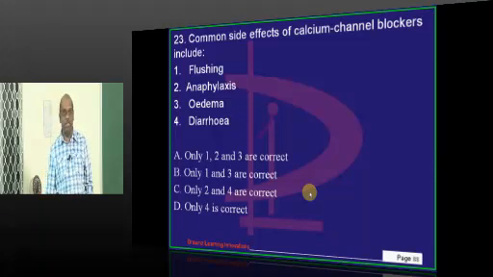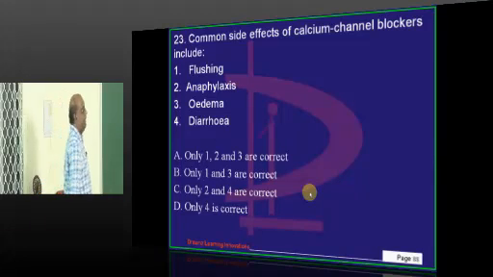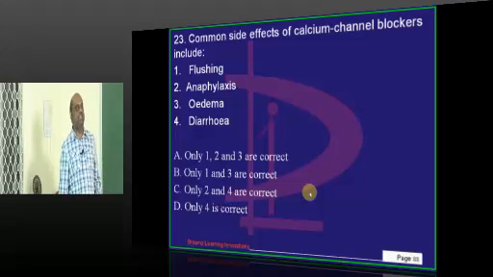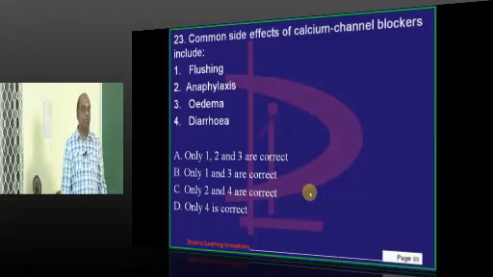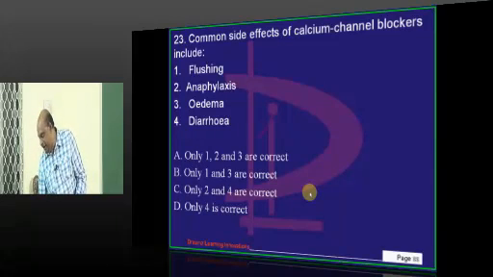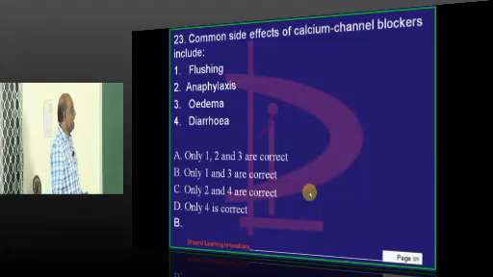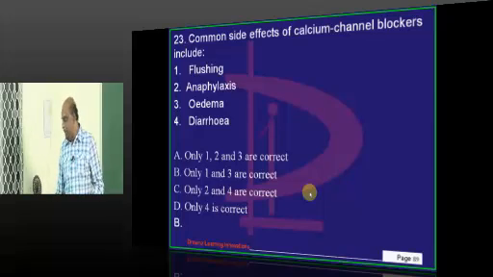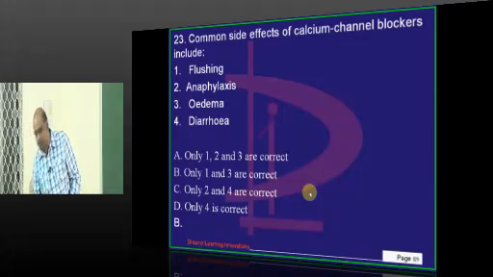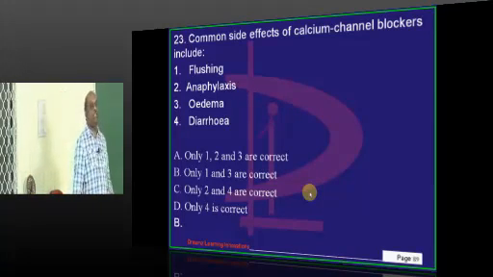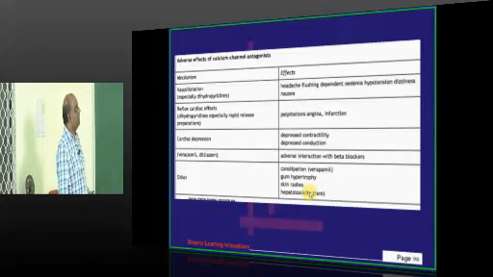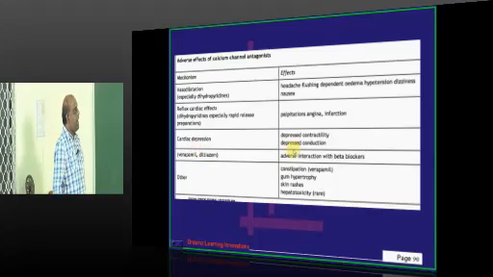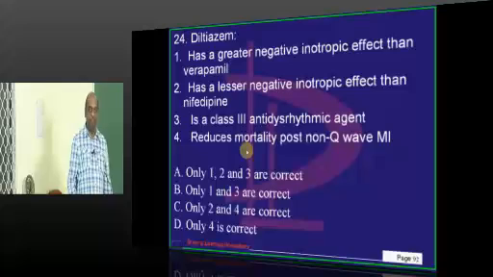Okay. For this question number 23, what do you want to say? Does it lead to development of any anaphylaxis as a side effect? Very good. A good number of students said B, which is correct, which is only flushing and edema. As mentioned by Dr. Amrita and Deva and Jasmeet, it is 1 and 3, which is the correct answer. So, vasodilation leading to flushing, then cardiac depression, etc., they are all the important adverse effects.